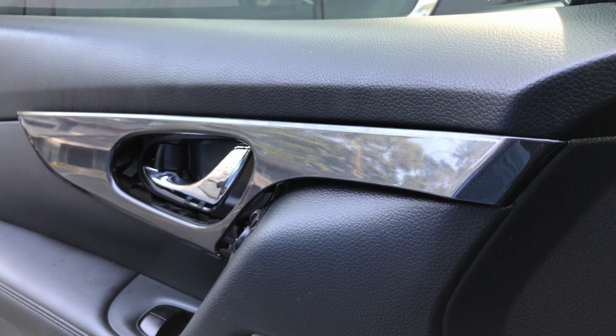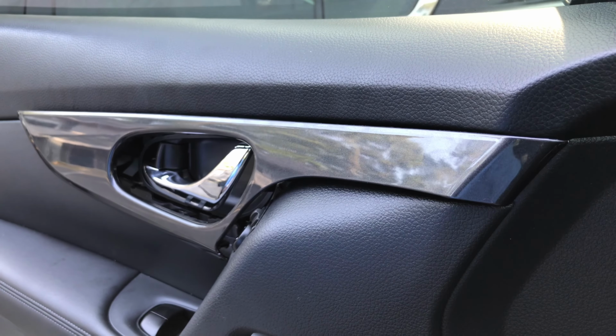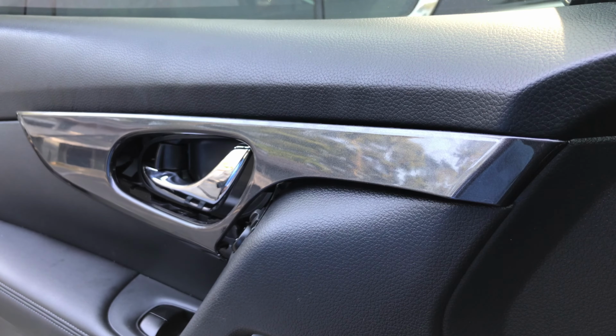All right, now we're here on the second part of removing our interior pieces. This is for everything in the door. So basically, what we're going to do,